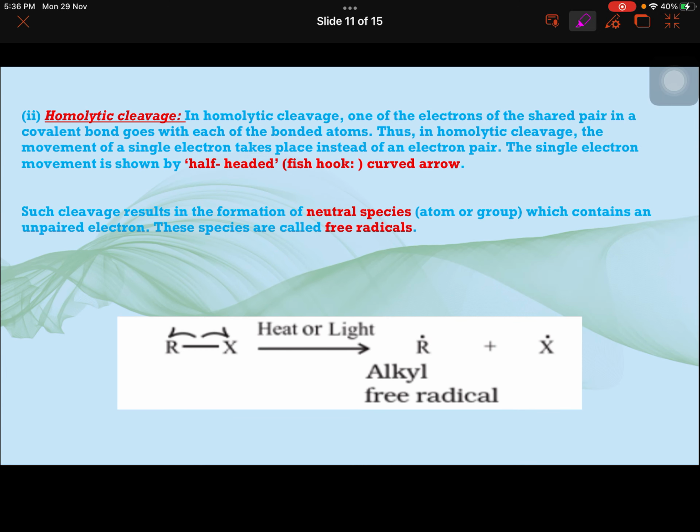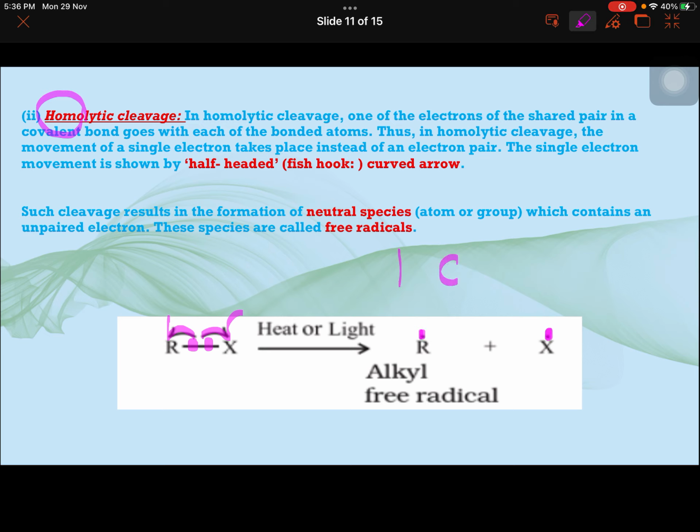The next is homolytic cleavage. Homo means same. So where the species, the starting material, whatever atoms are bonded to each other, they have equal probability, equal capability of taking away their one electron back. So that's why half arrow. They are taking equal number of electrons back, one each. So that will be reflected here as a dot. This dot is not showing extra electron, it is their own electron.